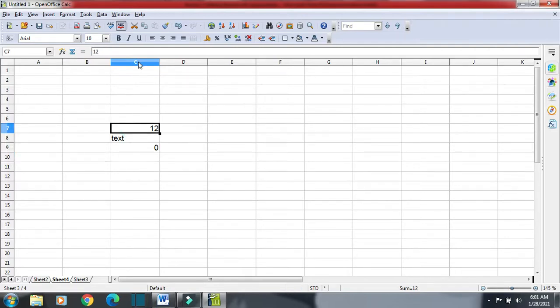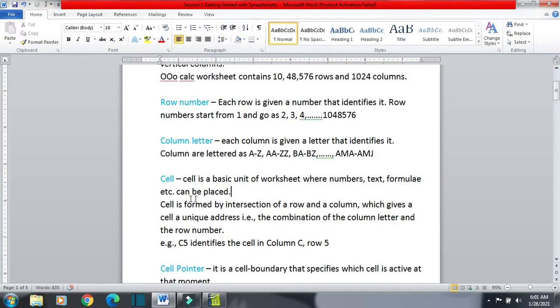A cell is formed by the intersection of a column and a row. A cell is formed where a column and a row intersect. This intersection gives a cell a unique address.